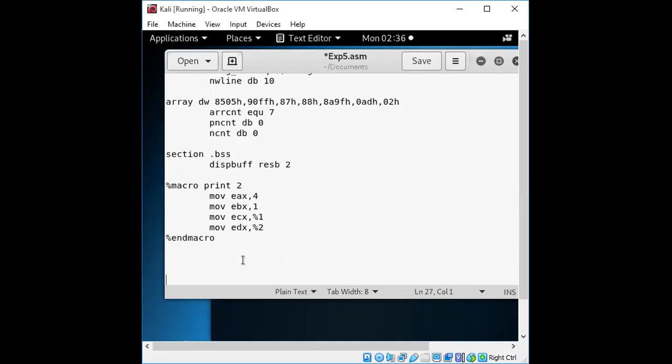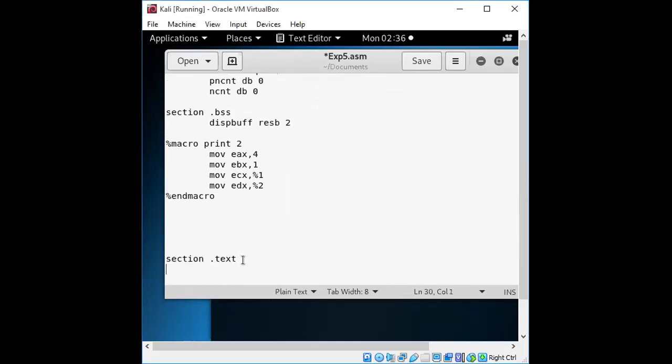So we'll get to the next section, that is the text section, the actual logic. This will be the initialization part that will be required.